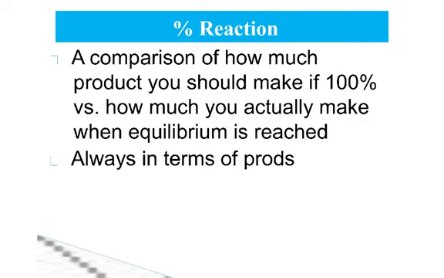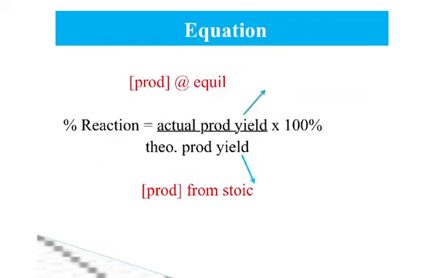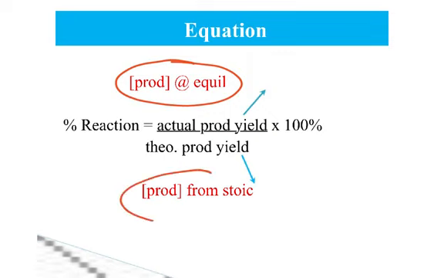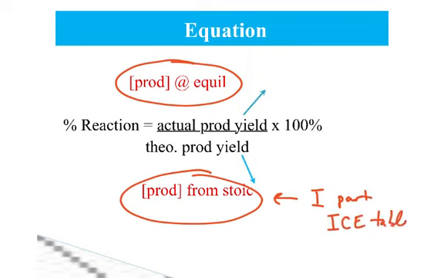We could look at it in terms of reactants, but we never do, because remember, if you're in a company and you're making something, you're trying to make products for your customer. So this is what our equation looks like. The very top is the actual product yield. So again, this is the product at equilibrium. So this is going to be using our ICE table. And then at the bottom is the theoretical product yield. And this is the concentration of product using stoichiometry. So for this part, we're going to go back to the I part of the ICE table. That's the only part we need to figure out this bit,